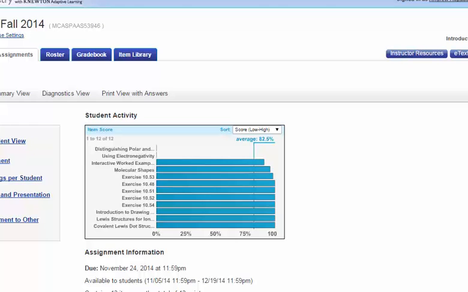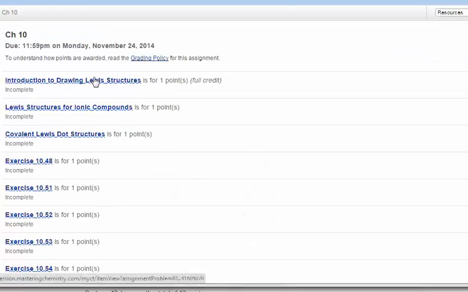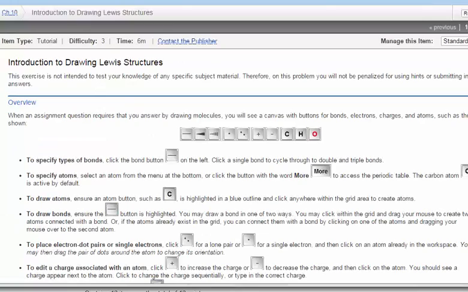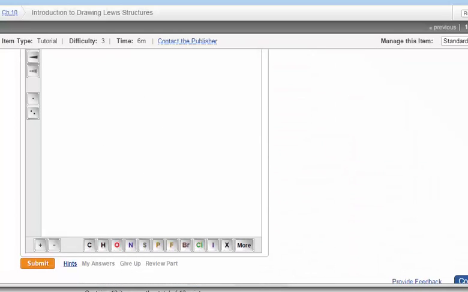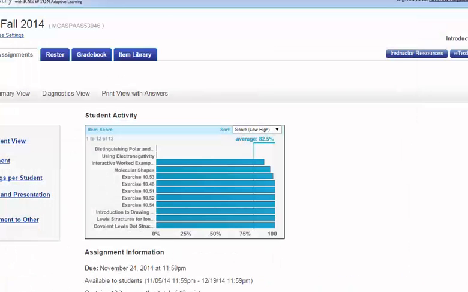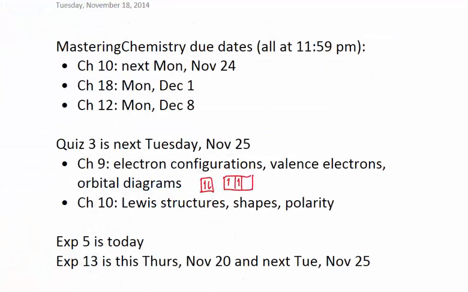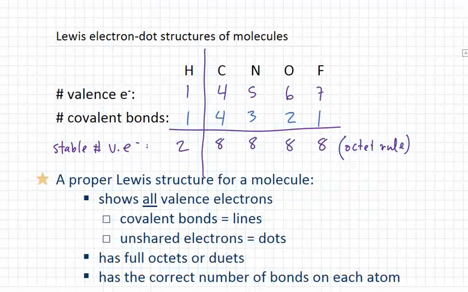This first question in here, this introduction to drawing Lewis structures, that's the one that sort of shows you the drawing thing. And this one, as long as you submit something, you get credit for it. So this is the one you can fool around with and try it. It does require Java, so don't save that until Monday evening and then be not able to get Java installed on your computer. So get started on that one early and make sure that you can access it and you can actually get there. Okay? Good question. Thank you. Other questions? Okay. So those of you that